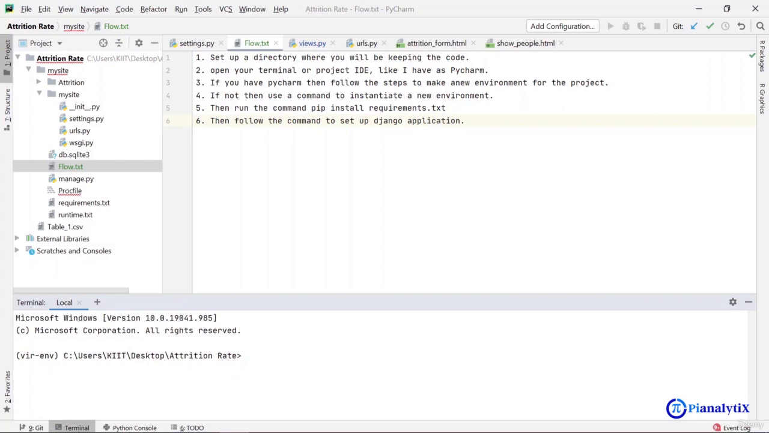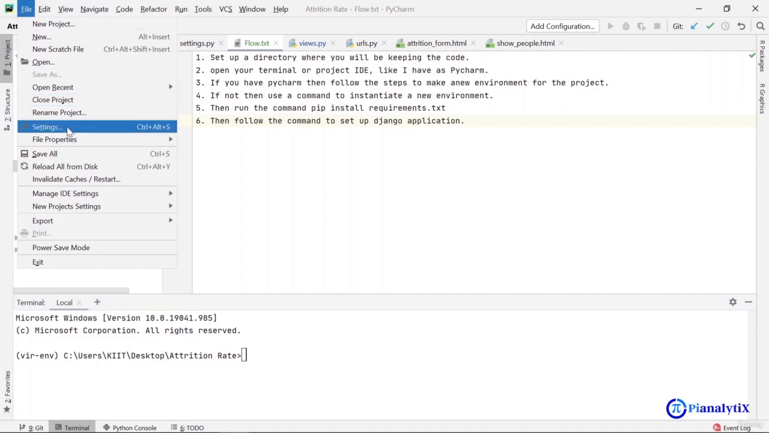Now you can see that the second point is to open your terminal or project IDE. I have seen a lot of people using a project IDE and I'm using one myself also. But you can be a person who is directly working with the console. If that is the case, then you would need to type in the commands for the console. I'm just going to show, if you have an IDE like PyCharm, then you can just go to your files, go to your settings,